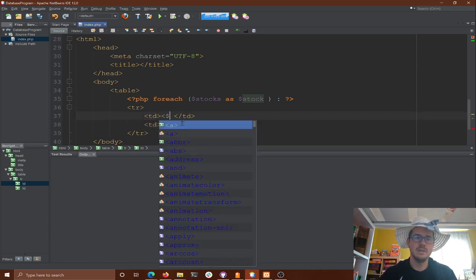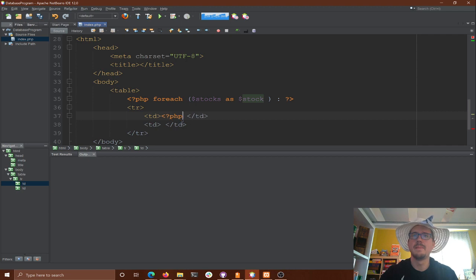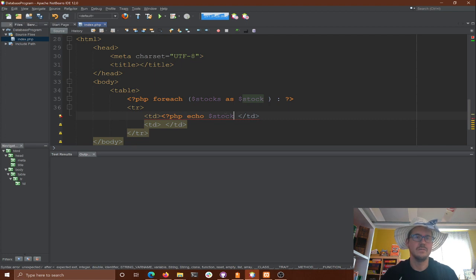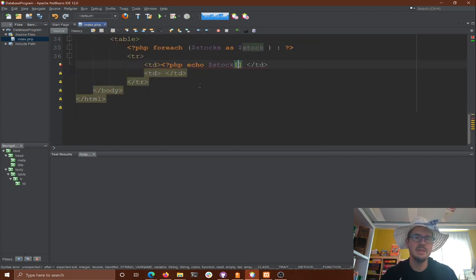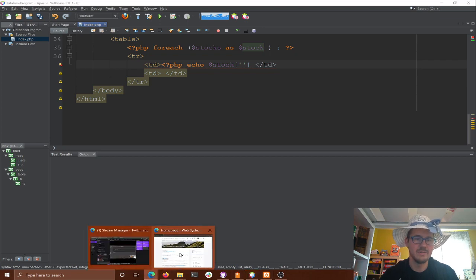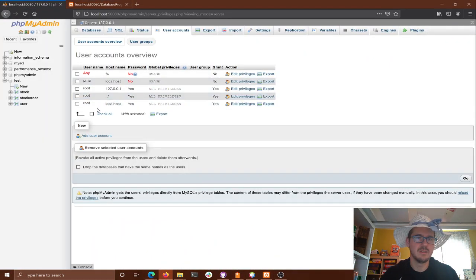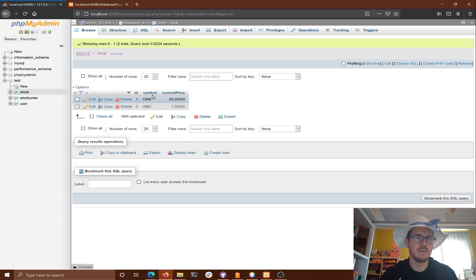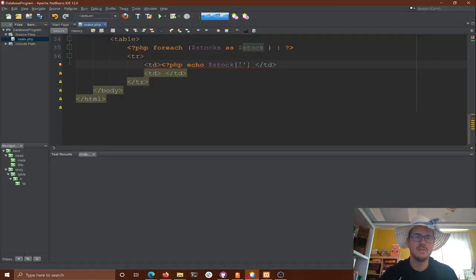So in here now, I want to PHP echo my stock. And so stock is a single row from the stock table, so I can get stuff out by key, just like we got out of our get data. So I'm going to say that is my stock, and what do we call it here? I'm trying to remember. It was in Firefox. Stock dot symbol. So we're going to use symbol. So we'll say stock key of symbol. That'll give me whatever the symbol is that was stored inside of the stock object.